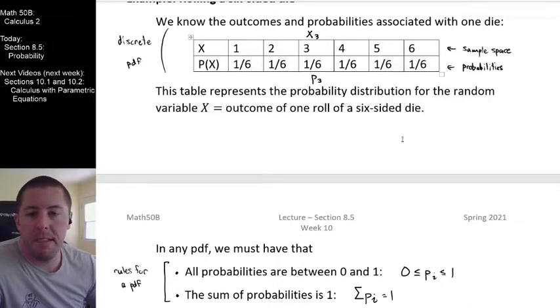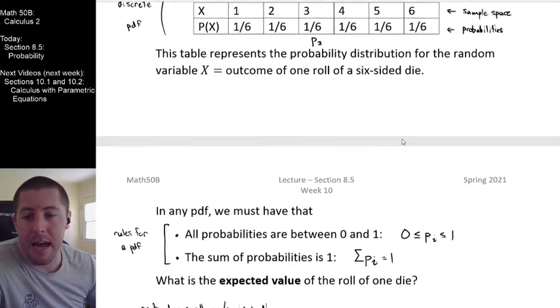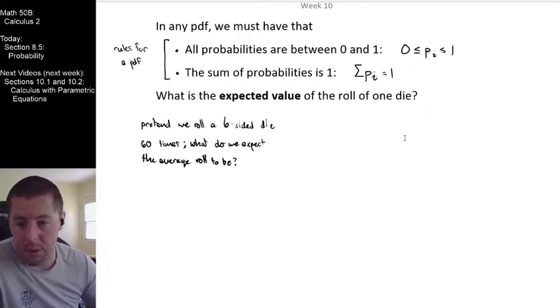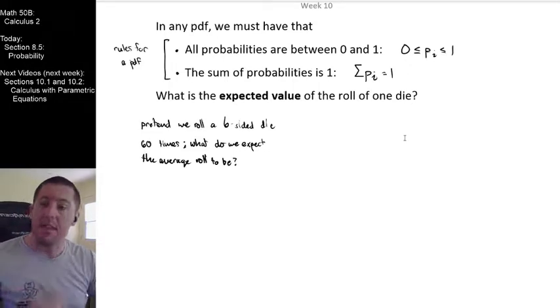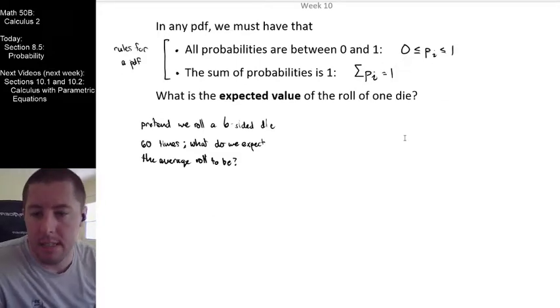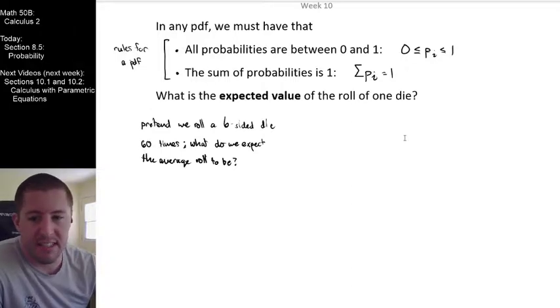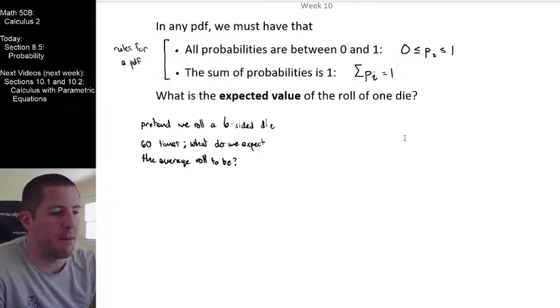If I rolled this die 60 times, I think the most likely thing to happen is for us to see 10 of each of our individual outcomes. There are 6 different outcomes that are all equally likely, spread across 60 rolls. Now, I definitely don't expect that to actually happen. There's a crazy tiny probability of rolling a die 60 times and getting 10 of each roll. But that's what I would expect to see based on the probability distribution that's been provided to us.